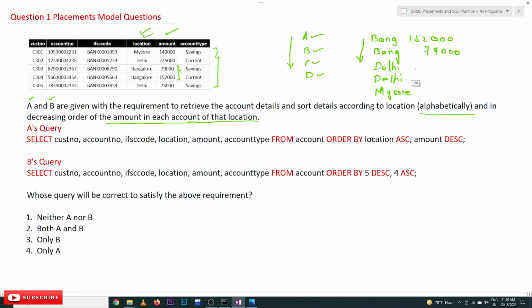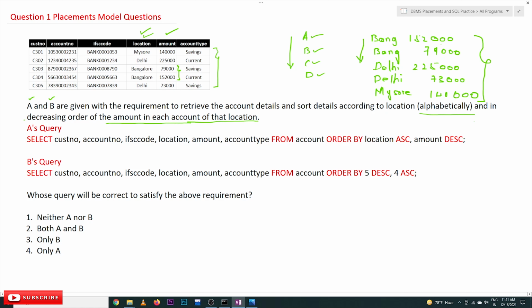Within Delhi, this one will be on the top, and after that 73,000. For Mysore, this is the only value, so it will be displayed in this way. This is how they are expecting the output to be.